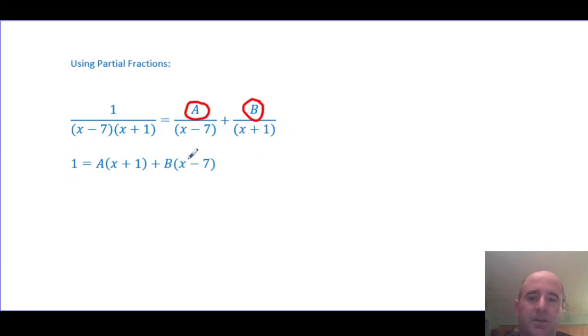So then the numerators have to be equal. It's just another way of thinking about it. I'm not sure if that made sense or not. It doesn't probably really matter. Okay, so I've got this equation I want to solve. It's true for all x. So it must be true for x equals 7.